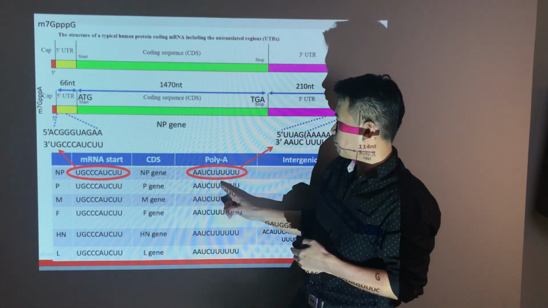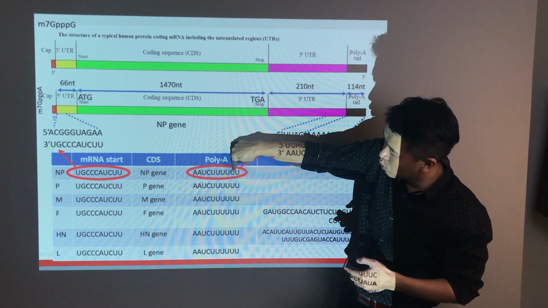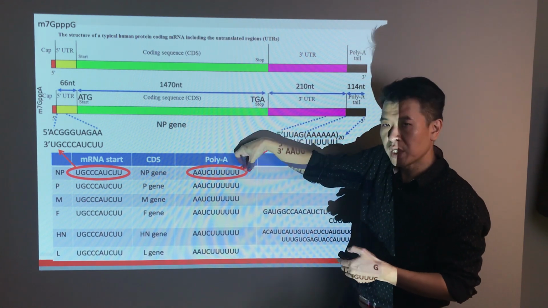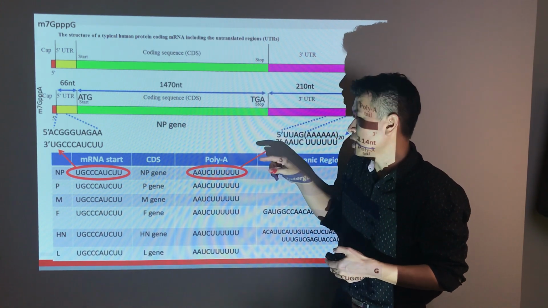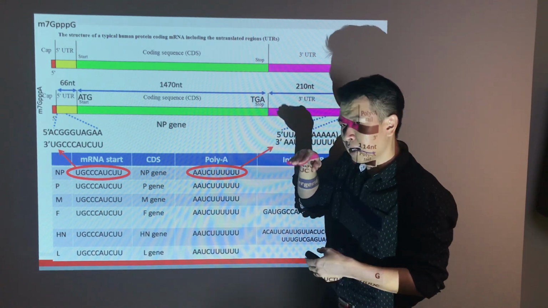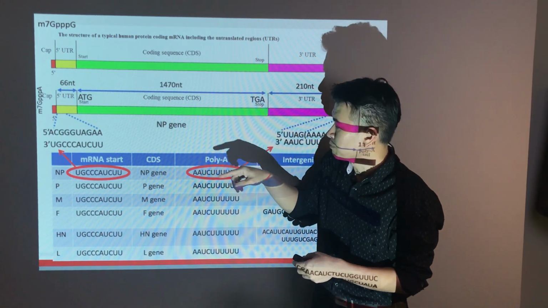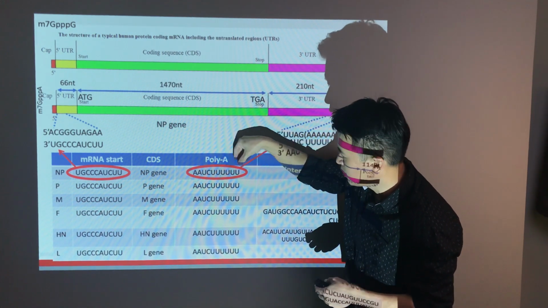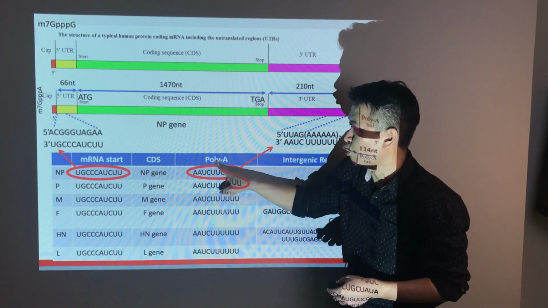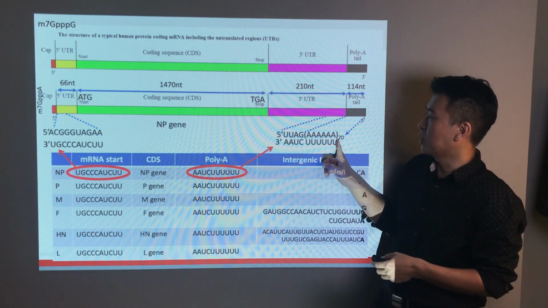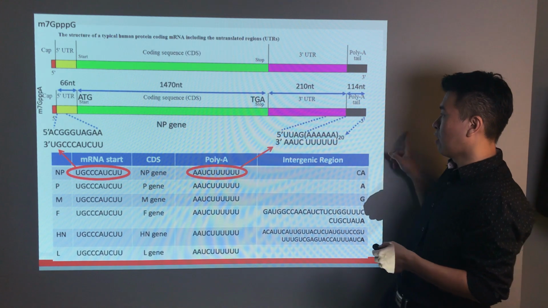When it comes to the end, when it sees AAUC and UUUUUU, you notice that there are 6 U's here. The polymerase will undergo a process called stuttering. Stuttering means it's like the playback and playback of a CD that hangs. So the polymerase will go back and synthesize, go back and synthesize, go back and synthesize, continuing this process for 20 times. Ultimately, it will produce a total of 120 A's towards the end of the